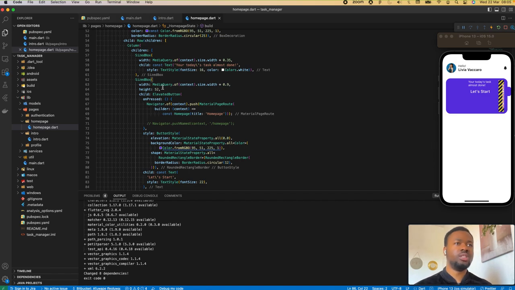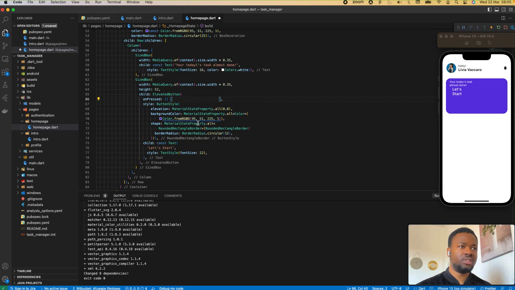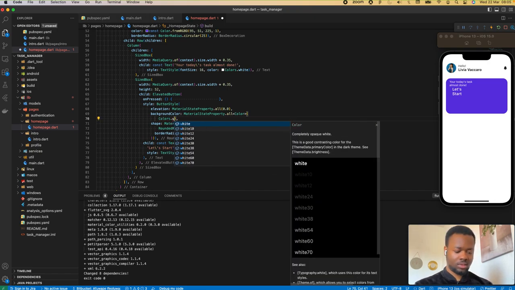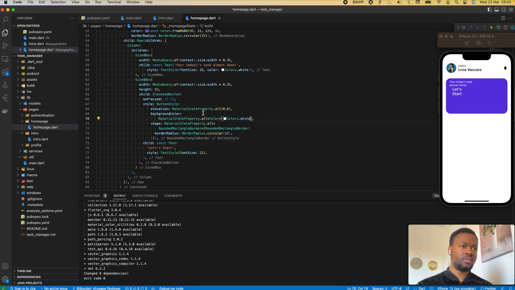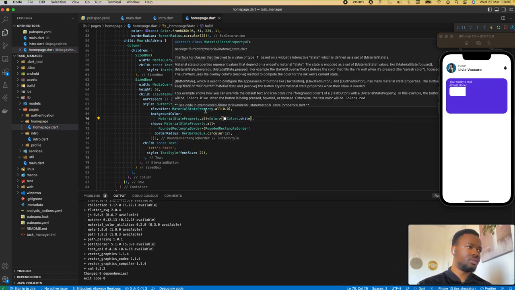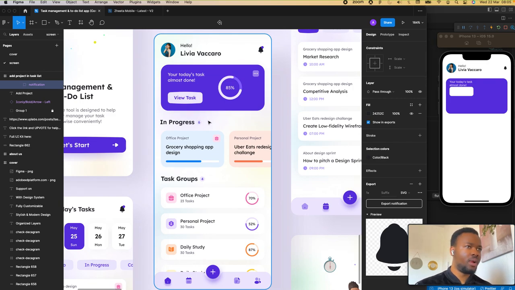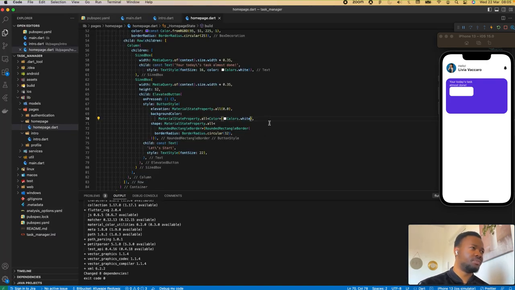Yeah, the button is too big. So I want the button to be like 0.35 as well. Let's see. Yeah. So view task. This doesn't have a function here, so I need to remove all this. And then this will be Colors.white. Yeah. It's not really white per se, it has some level of